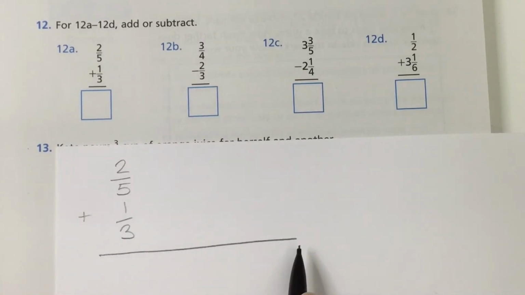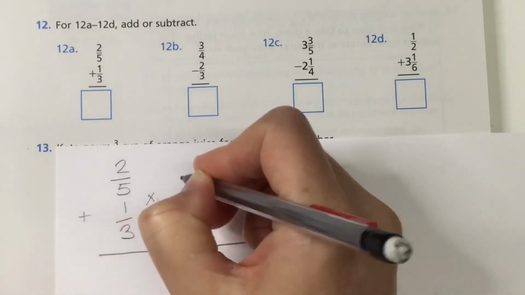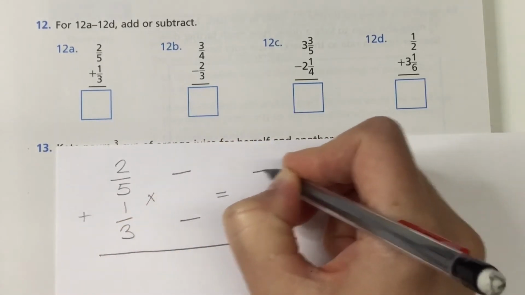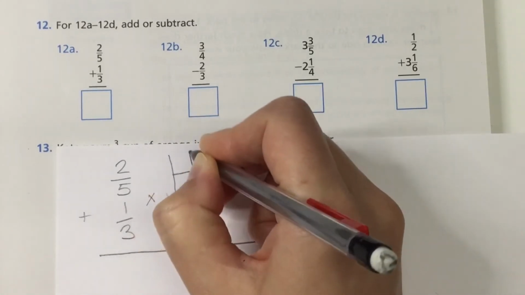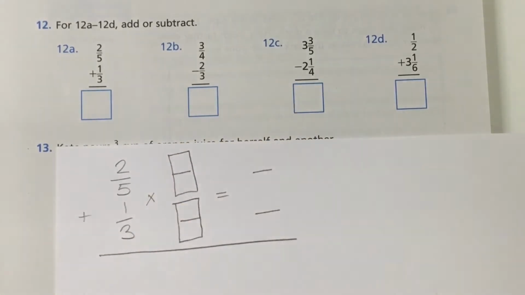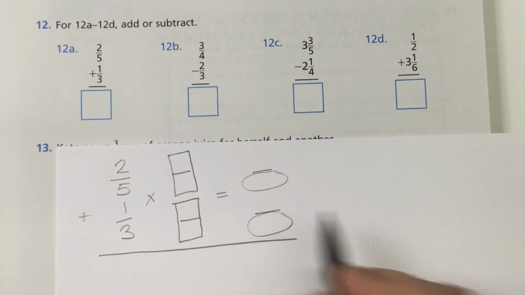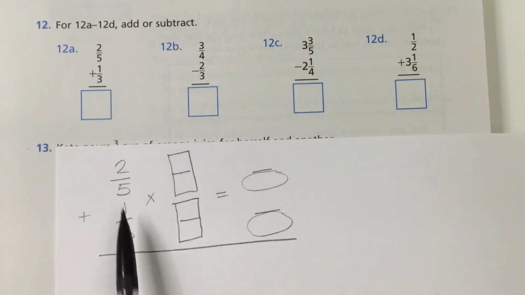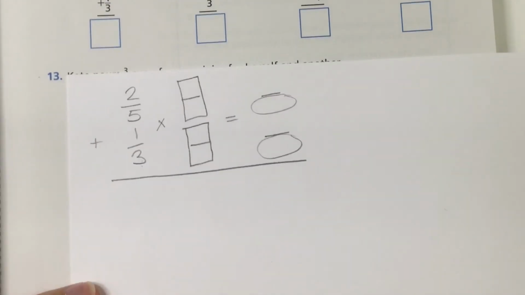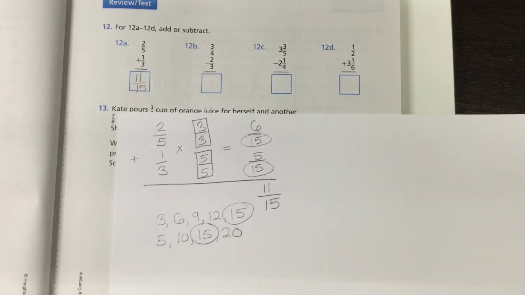Make sure you have your long line there stretched out, ready to go. Multiplied by blank equals blank, remembering that those middle ones are our magic ones, where they look like blank dominoes right now. Okay, and then we can put our circles in because that's where our common denominators are going to go. And now all we have to do is look at 5 and 3, our original 2 denominators that are different from each other. What could they both be changed to? What could we use multiplication to do to change them? Another thing to think about is if you were going to list all the